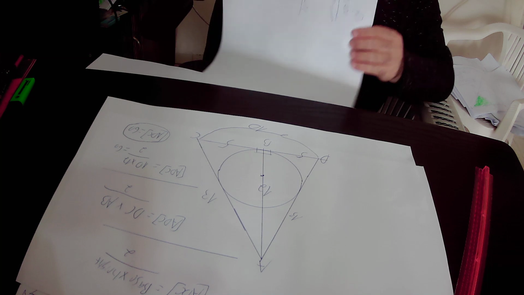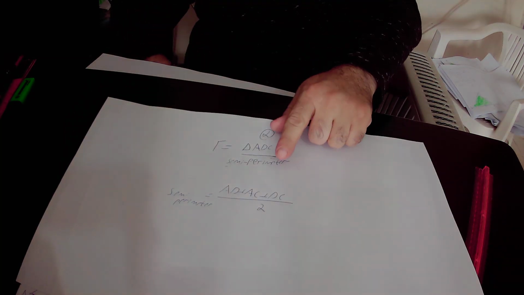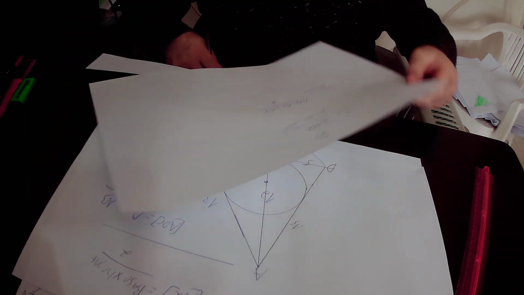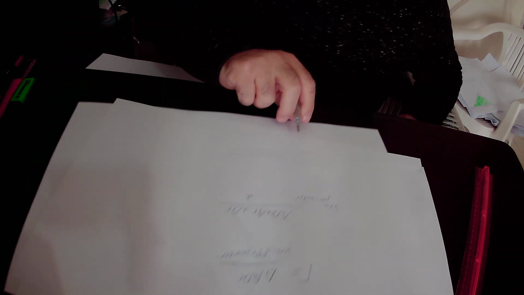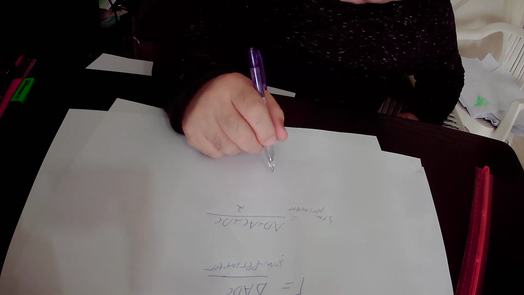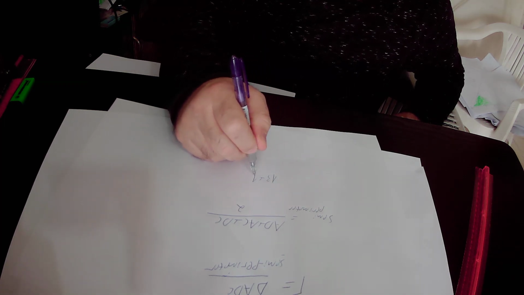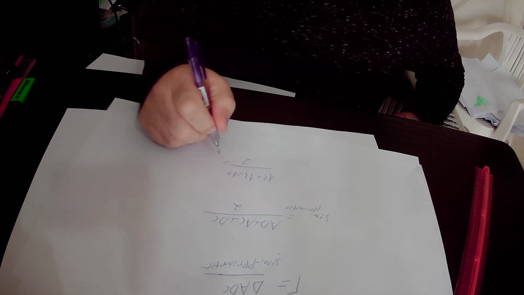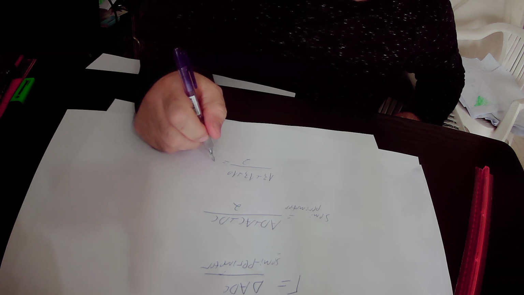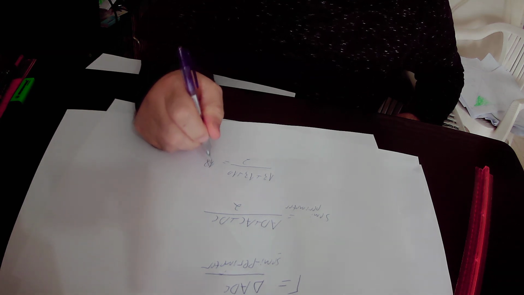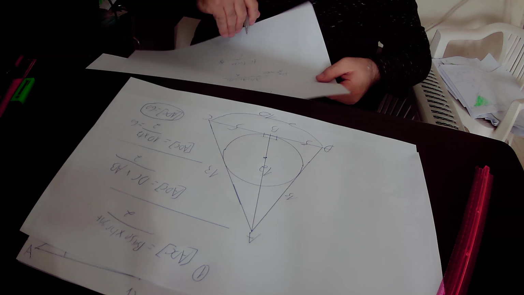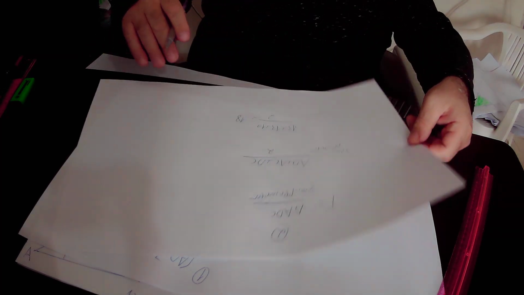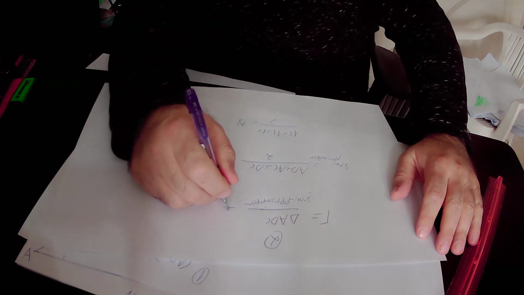So the semi-perimeter of the isosceles triangle ADC equals AD plus AC plus DC over 2. So the semi-perimeter equals AD is 13, AC is 13, DC is 10, divided by 2. 13 plus 13 is 26, and 26 plus 10 is 36. 36 over 2 is 18. So we found out that the semi-perimeter of triangle ADC is 18 units, and the radius of the circle that